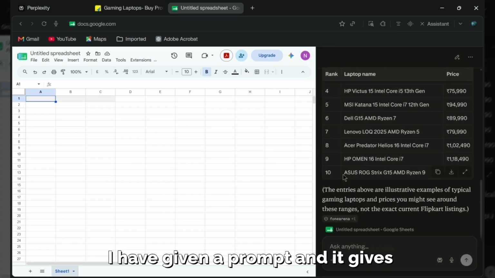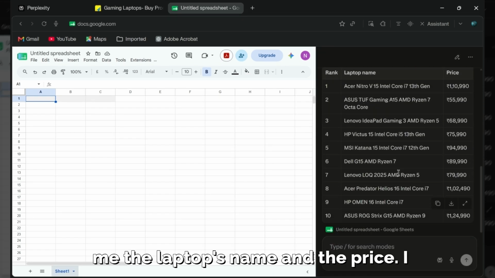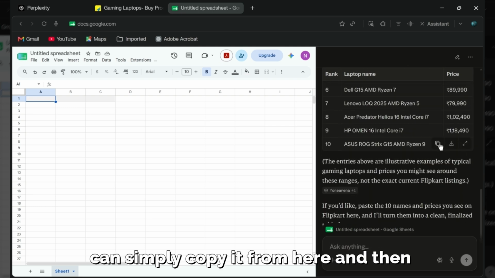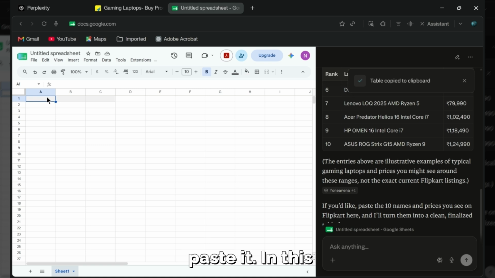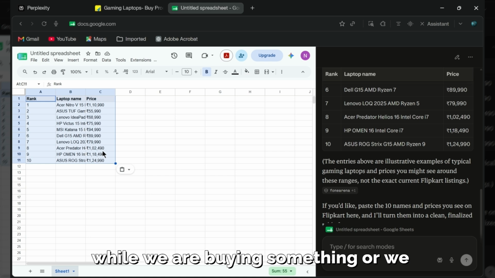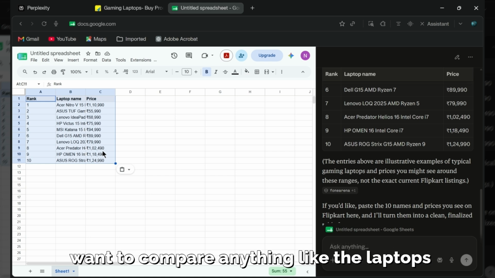I have given a prompt and it gives me the laptops' names and the prices. I can simply copy it from here and then paste it in the spreadsheet. This makes the work very easy while we are buying something or we want to compare anything like laptops or mobile phones.